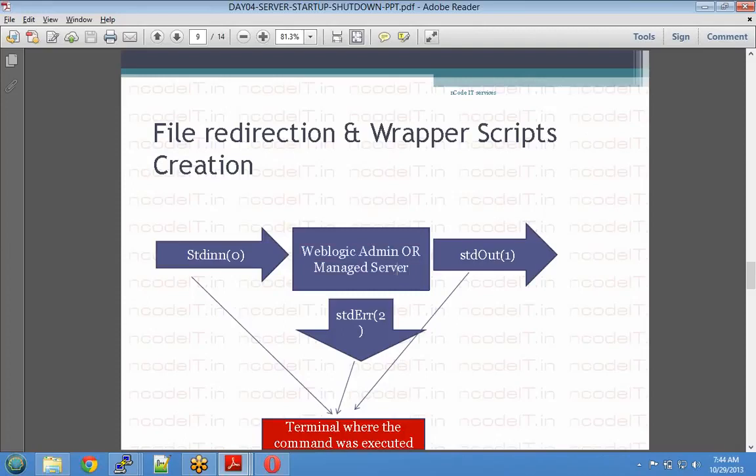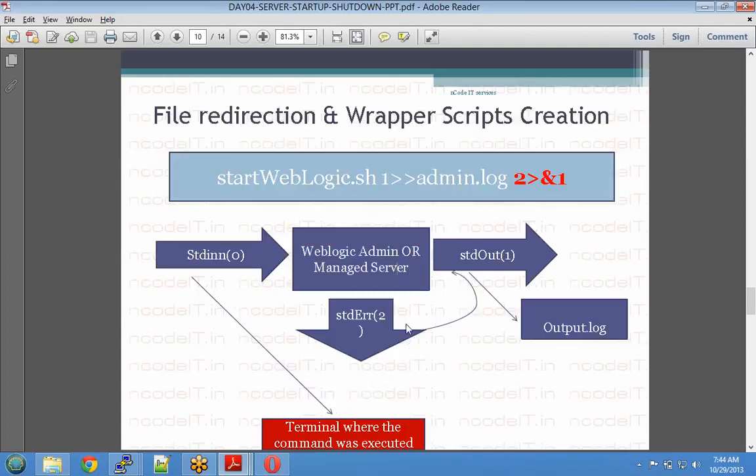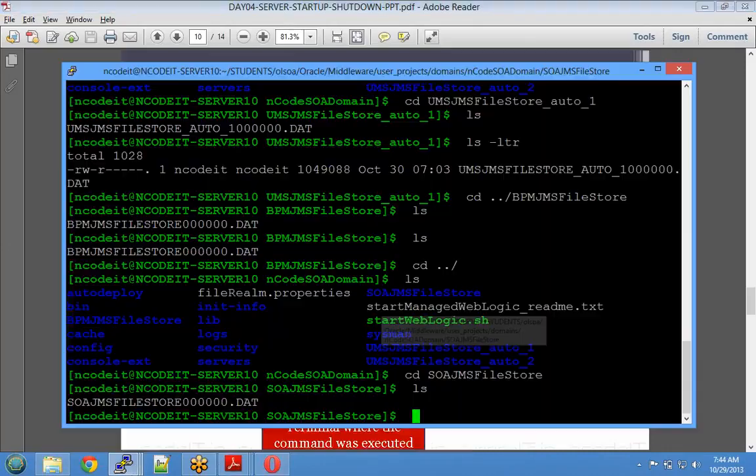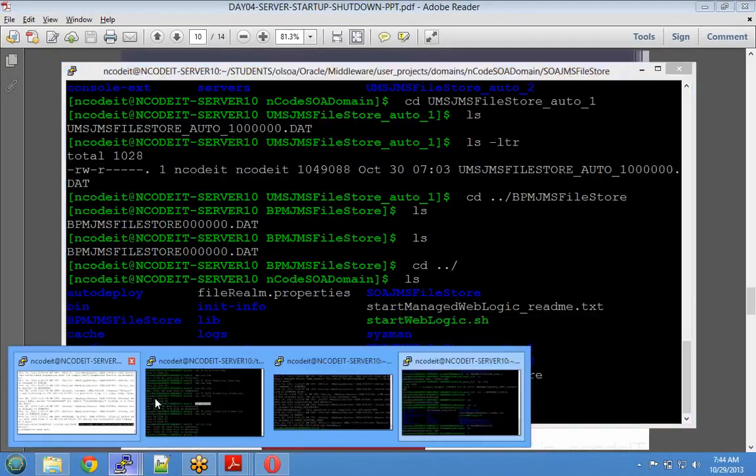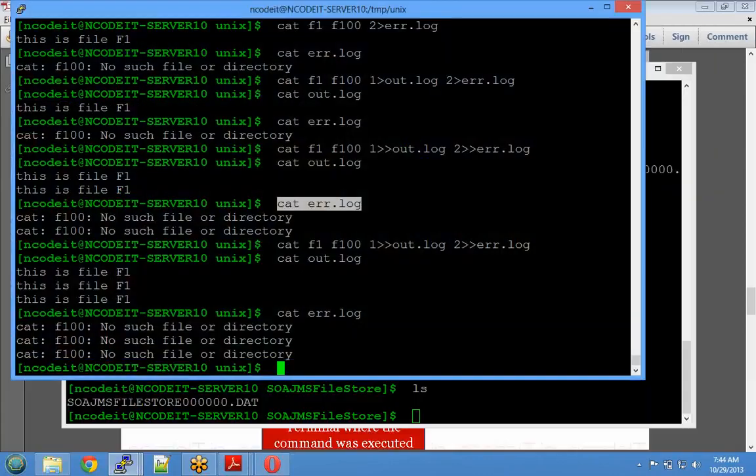Now there is a slight modification we are going to make. On the next screen, if you see, earlier in the last example, I said, where is that example? Here. You are redirecting 1 to a different log file, 2 to a different log file. Now some cases like WebLogic startup,